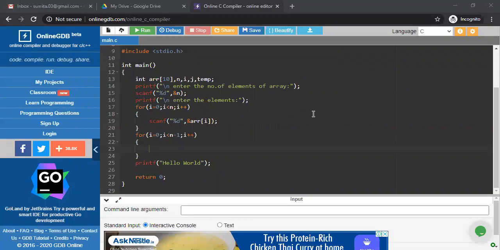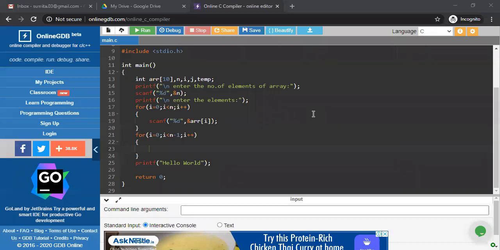So if you have 8 elements in your array, then you need the number of passes as 7, which is n minus 1. Now, for executing this 7 times, you have to run your I from 0 to n minus 1. Why? Because we know that our array indexing starts from 0.